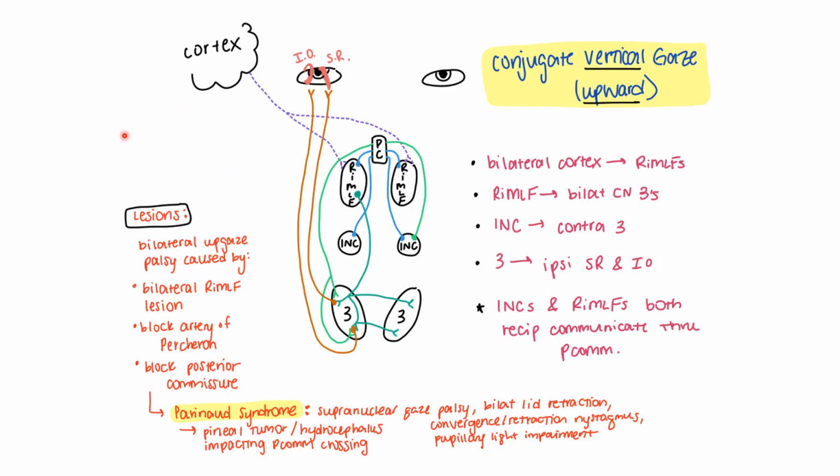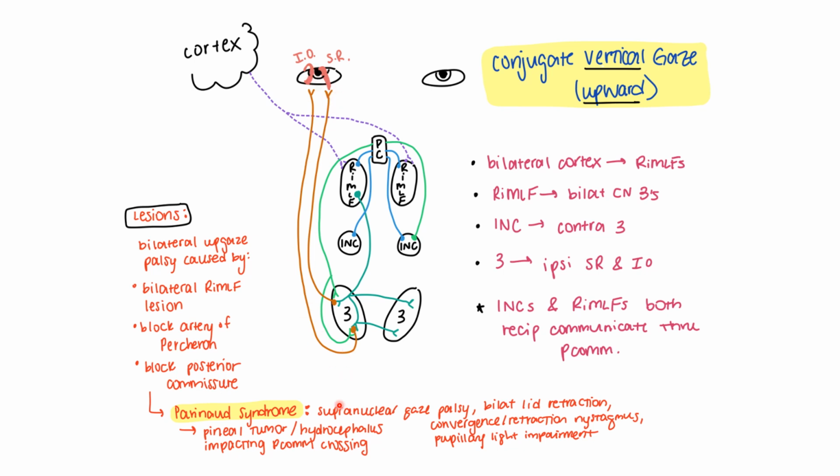Okay, so conjugate upward gaze, a little more complicated. That's why we're really only focusing on the lesions, but just to go over it. So imagine you're getting that bilateral input to your RIMLFs. Your RIMLF this time, instead of just saying hey to the ipsilateral oculomotor nucleus, it's actually going to send from one side and activate both of your oculomotor nuclei. And then those are going to activate both muscles that it takes